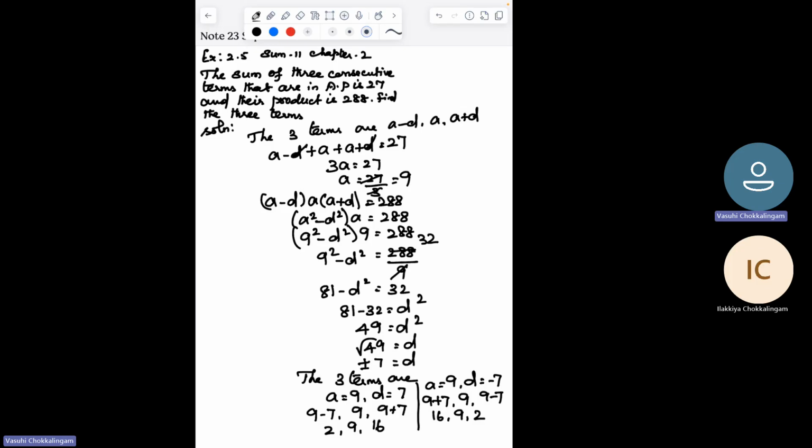We can take D is equal to minus 7 also. So the answer is 9 plus 7, 9, 9 minus 7, which is nothing but 16, 9,